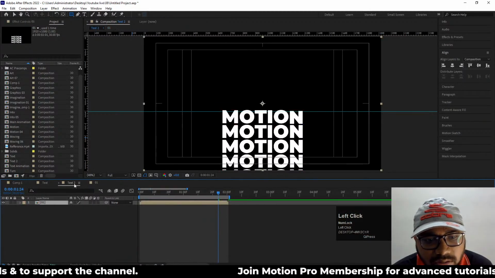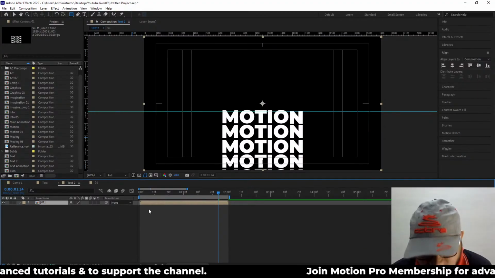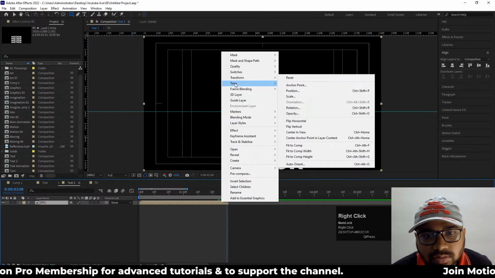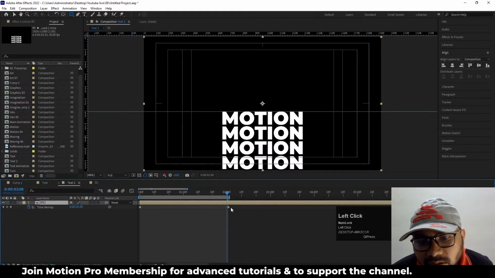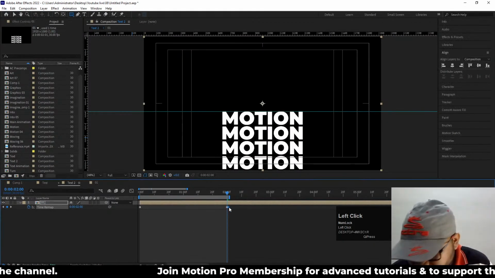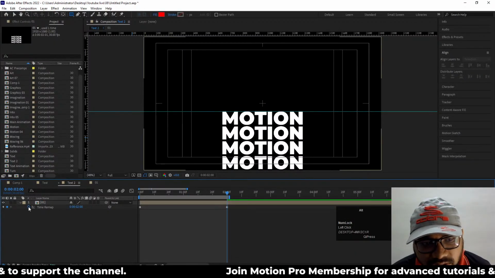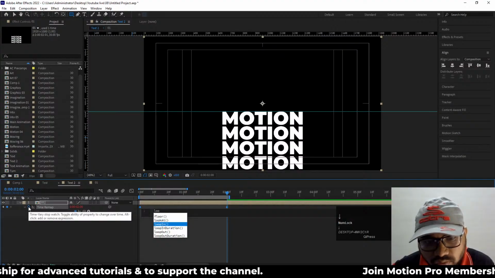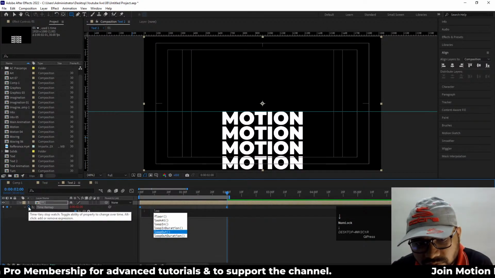Then go to the main text layer, hit O, and right click and choose Time, Enable Time Remapping. And before this last keyframe, we will create one keyframe. And let's remove this last keyframe. Then alt click on the stopwatch and let's apply the loopOut expression over there, which is this one,